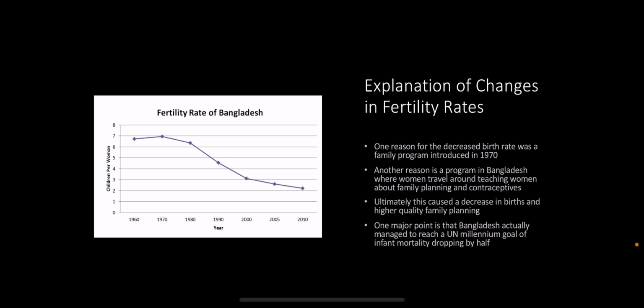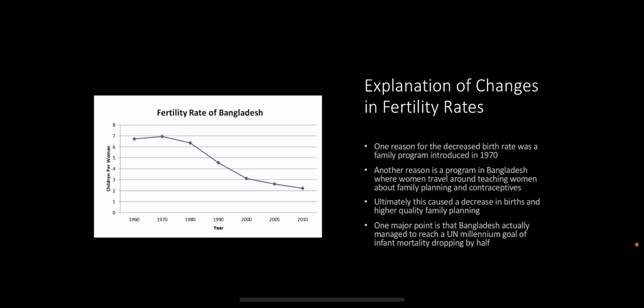One reason for the decreased birth rate was a family program introduced in 1970. That family program was a family planning program that was taught in basic education that allowed entire families, not just mothers, to learn about how to raise a family and how many kids to have. I mean, obviously there's no limit, but how many kids they can afford to have and keep